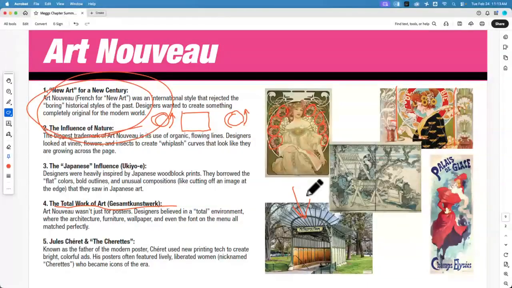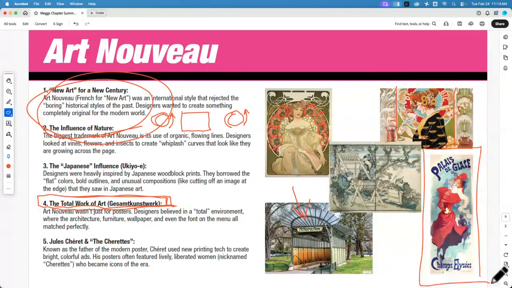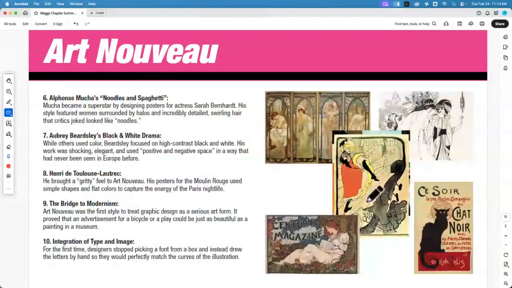So this is where it all kind of started from, is that people were taking design styles and working it through everything and not just paper design, just the poster. Then we move on to Jules Chéret and the Chérets. This is kind of the start of, and we'll see it on the next page with Toulouse-Lautrec and other people